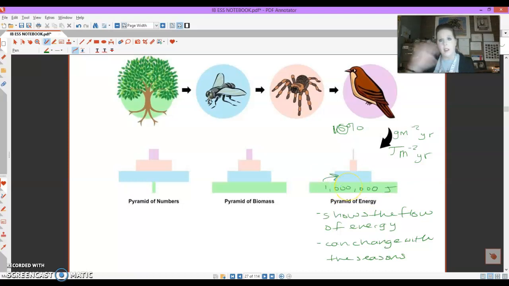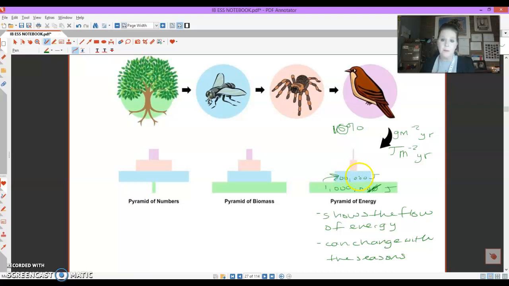Okay, just think back to that food chain. So when the primary consumers eat the producer, it only gets 10% of that 1 million. So what's 10% of a million? Well, you don't need a calculator to figure this out, guys. All you do is you knock off a 0 at the end. So look, if we knock off that 0, that leaves us with 100,000